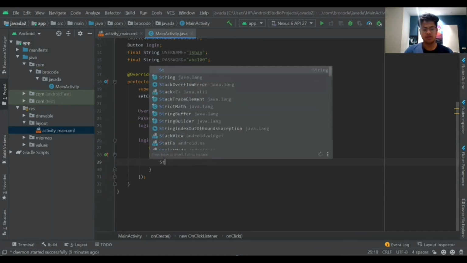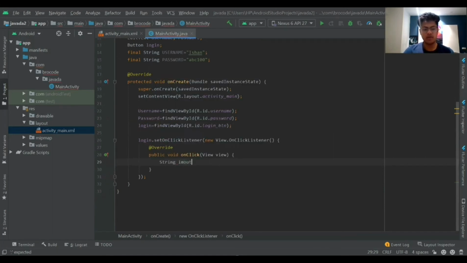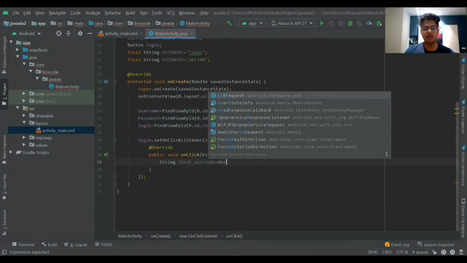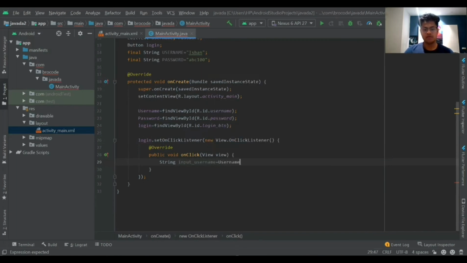So first we want to get the text that is in the edit text. We will just write String inputUsername equals username, that's the edit text, dot getText dot toString. Anything that's in the username edit text will be set here.